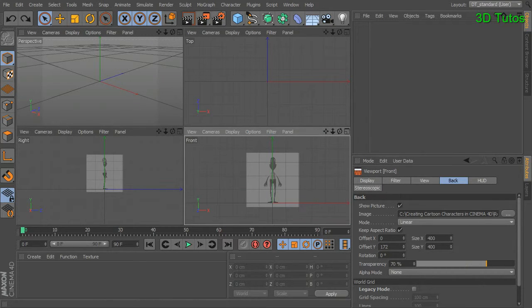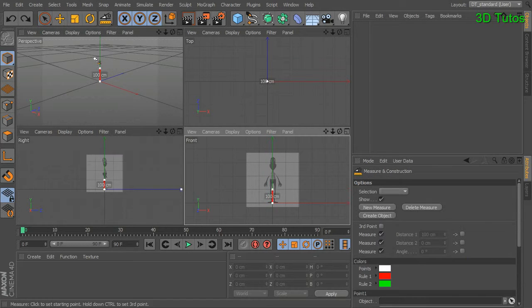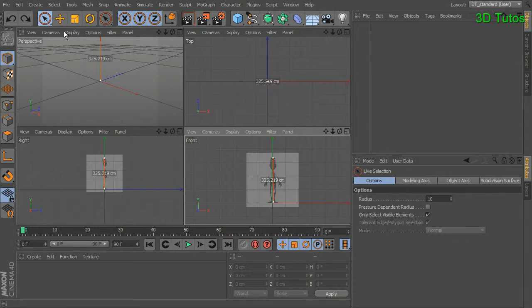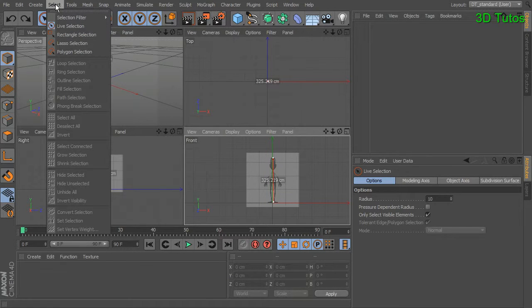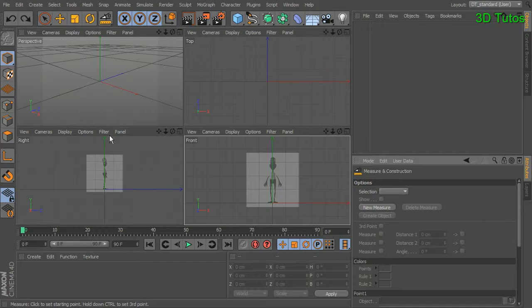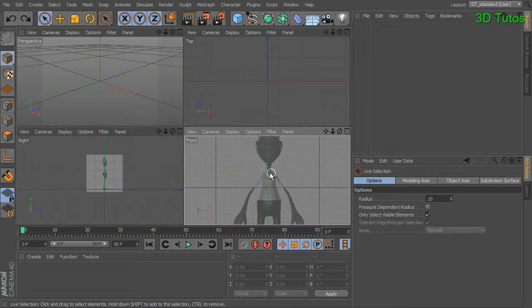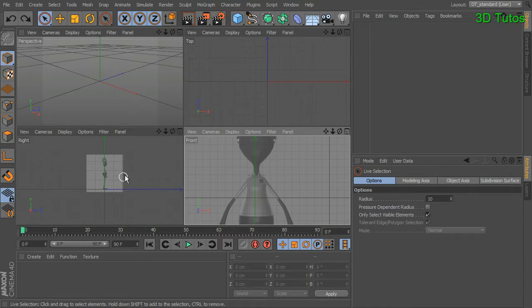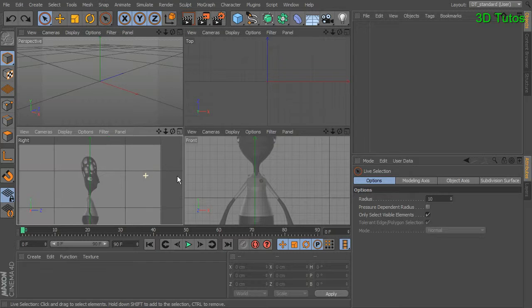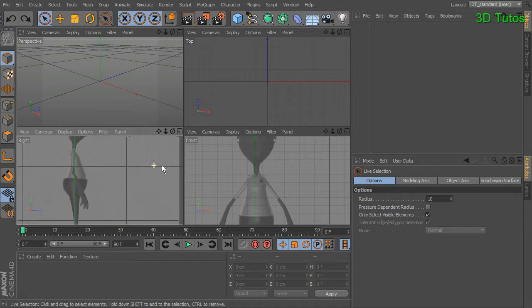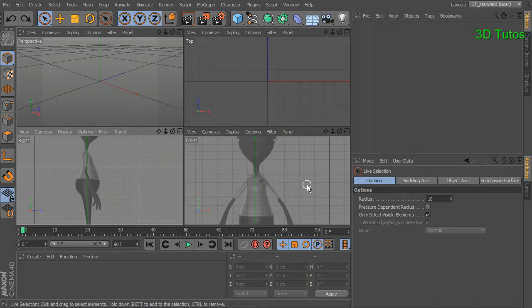And then we can measure that again if we want to. So he's still pretty tall, but that's okay. He's within the ballpark. So let me go ahead and delete that. And now that we have our reference images in, you can see we'll have the ability to, when we build, match up the position of the different parts of the model. Okay, so let's go ahead and begin building by blocking in